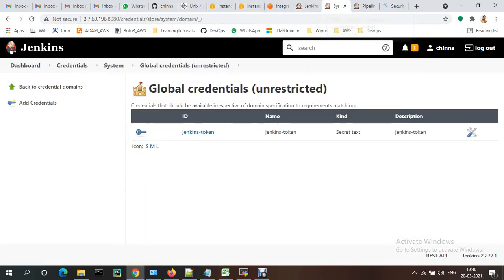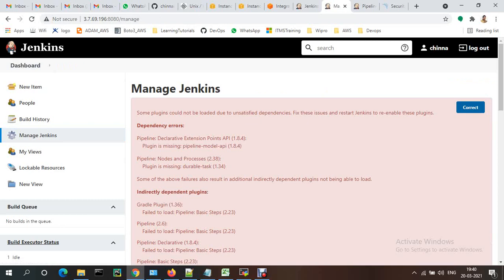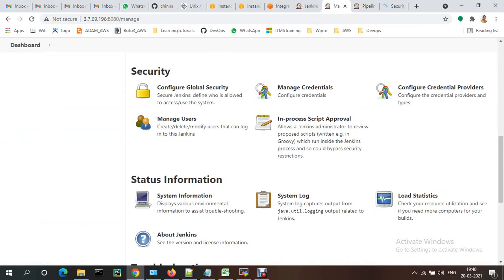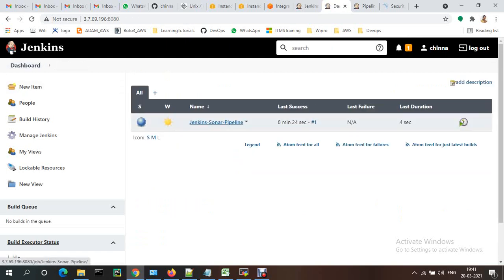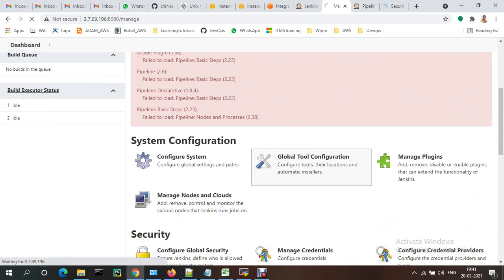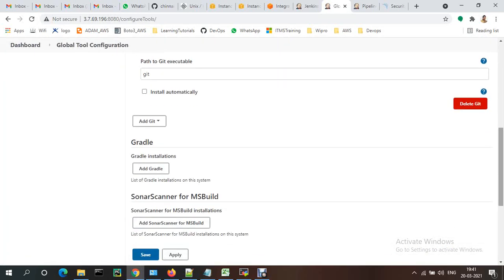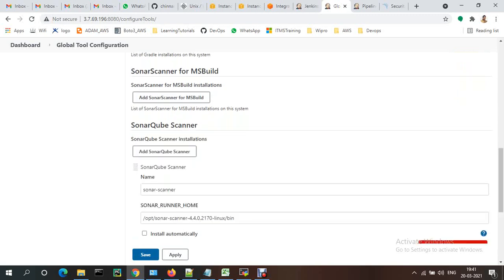So what name we give here under installations? Manage Jenkins, manage plugins, configurations, not credentials, configuration system, global tool configuration, Sonar scanner only.